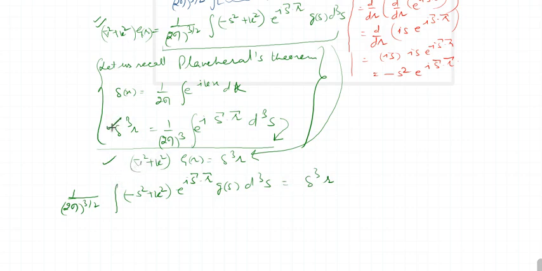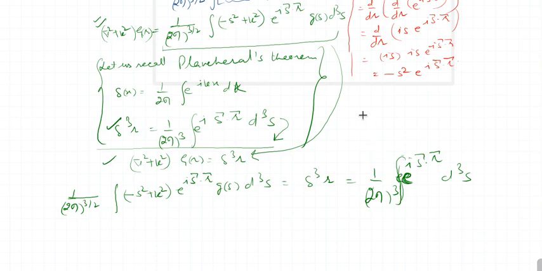But the delta function is equal to 1 over (2 pi) raised to power 3 integral of e raised to power iota s dot r d cube s. This is from the Plancherel theorem, right? So I have equated these things, and if I compare these two sides,